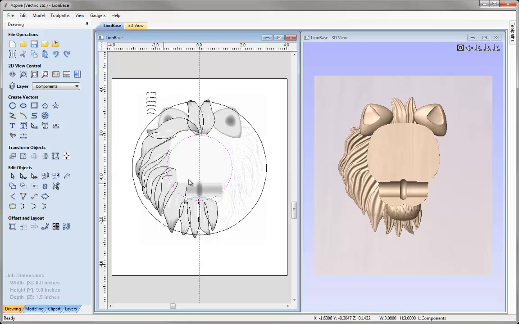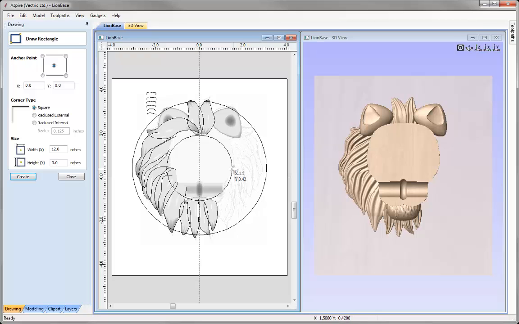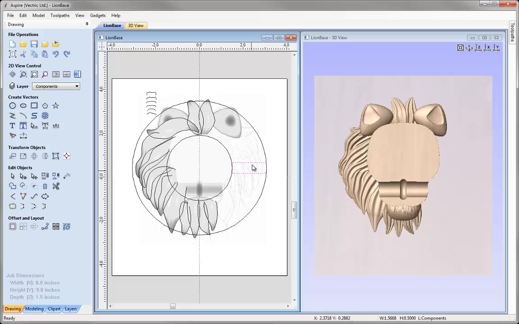Okay, so we're now ready to create a cross section. So let's just go and draw a rectangle. I'm going to snap on the right hand side of the inner circle here, snap to the right hand side of the outer circle here, and then let's just give that a height of 0.5 and press create and close. And take that vector, let's just move it down to the bottom, and then we'll go into node edit mode,